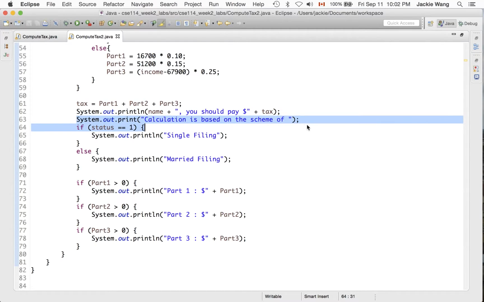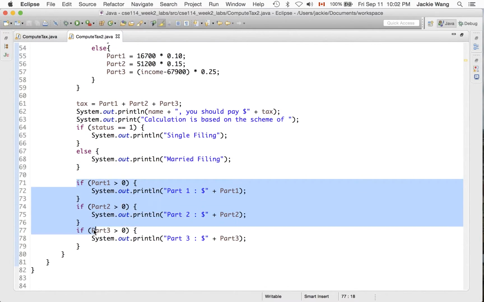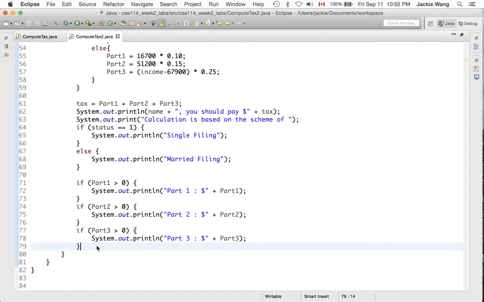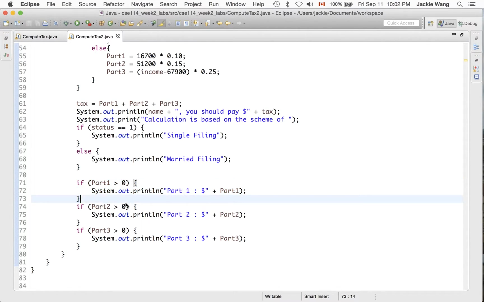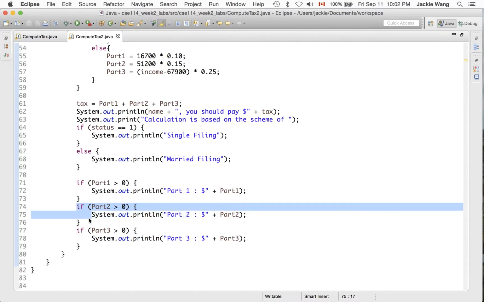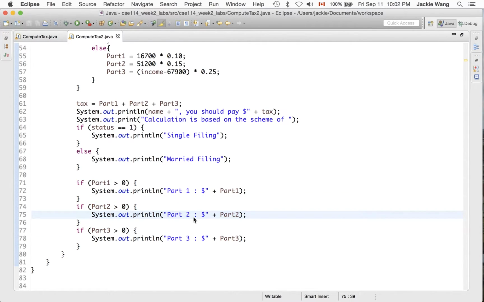And we say the calculation is based on the scheme of. Now the scheme can be either when status is equal to 1, in which case we say single filing. Otherwise, the status is equal to 2, then we say married filing. And finally, we are going to check each part one by one. If part 1 is greater than 0, then there should be a breakdown, and we print out the breakdown. Similarly, if part 2 is larger than 0, then we print out the breakdown for part 2, and